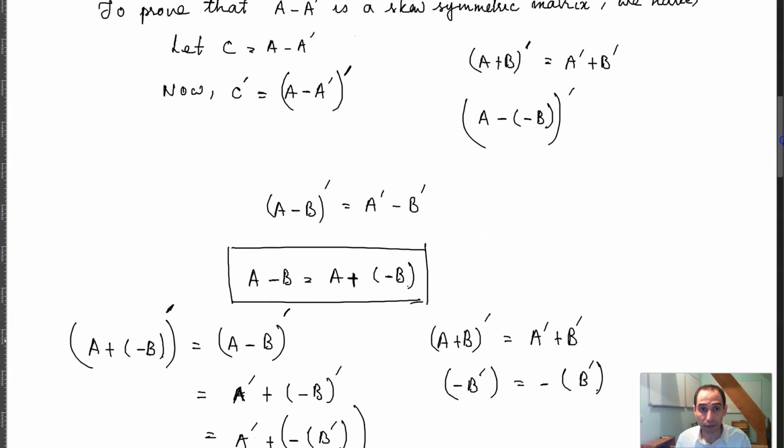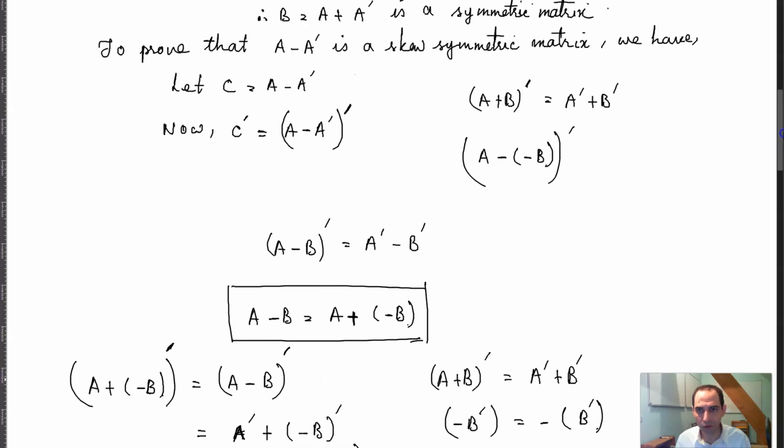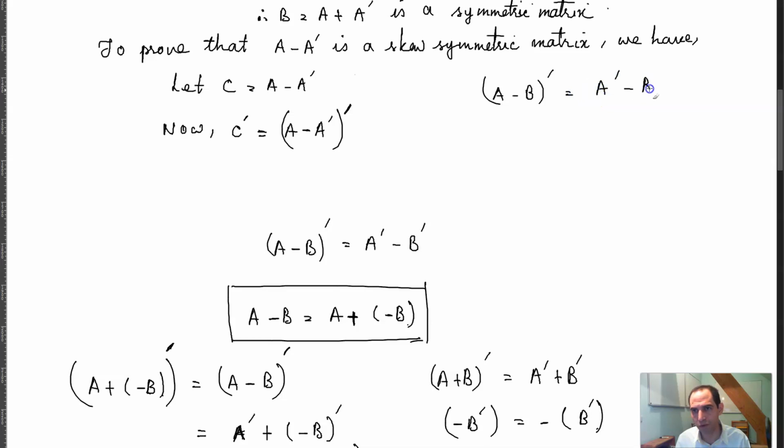So, long story short, that means that A minus B whole transpose is equal to A transpose minus B transpose,